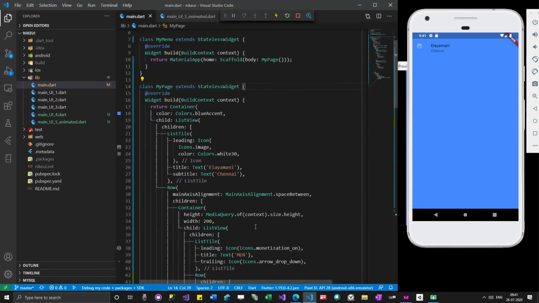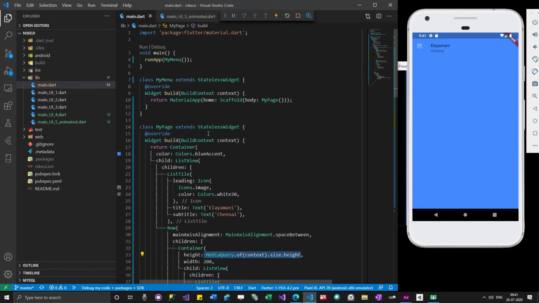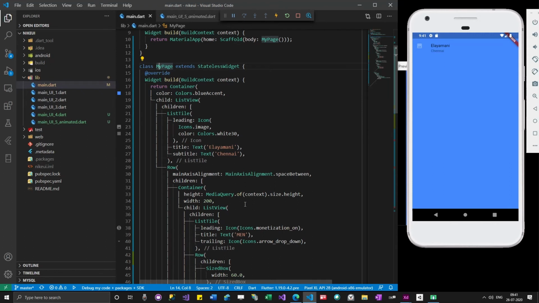Okay, so looks like this issue has happened because of some hierarchical issues. Since I have given the whole code over here, it might not be able to access it. So I just split the whole code into a different class, and now I am able to use this media query.height. So let me give that over here also.